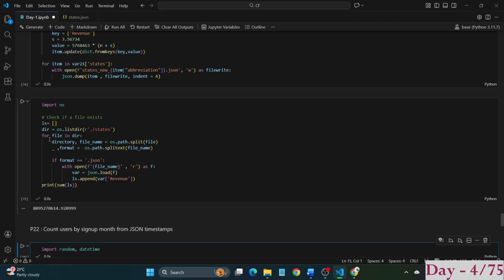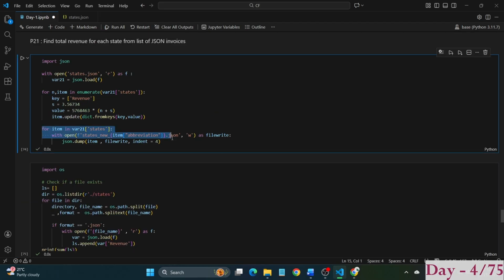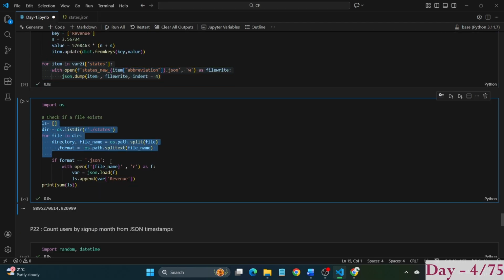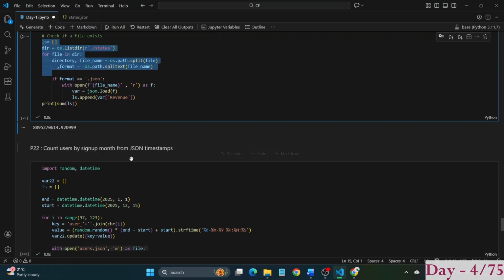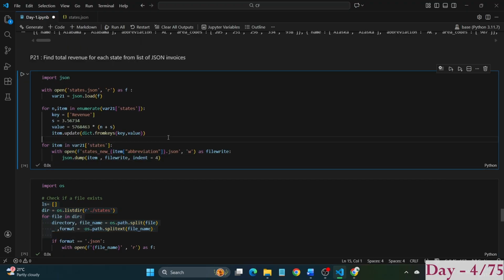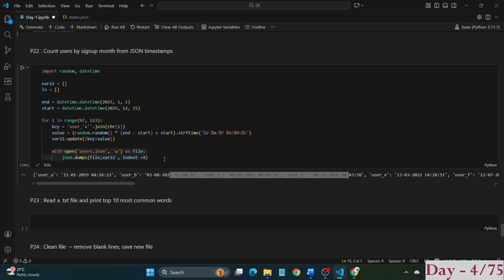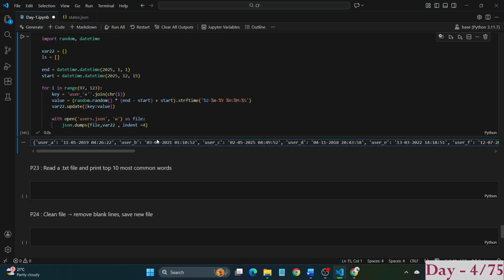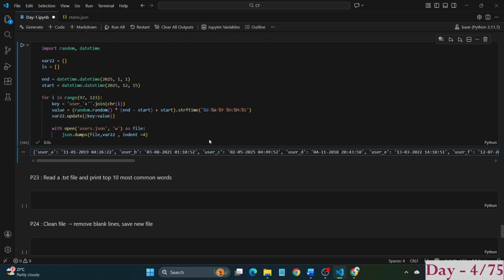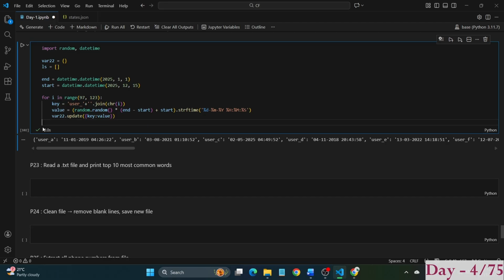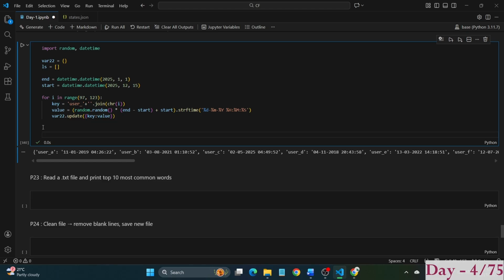What we have done in the above code, we actually first wrote the multiple files for JSON, and then we went inside the specific folder, checked for the folder, and then tried to get the revenue and do the sum, to find the total revenue of the data. Okay, now I will try to use probably JSON dump. We don't need it anymore. Rather, let's say we have stored everything inside a dictionary, and I'll write another for loop to segregate the values, get the month from this